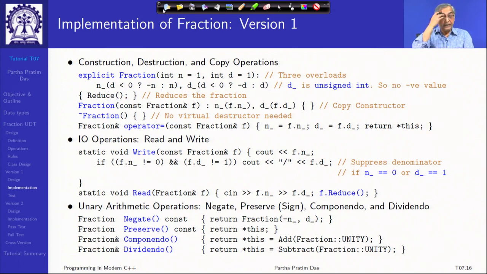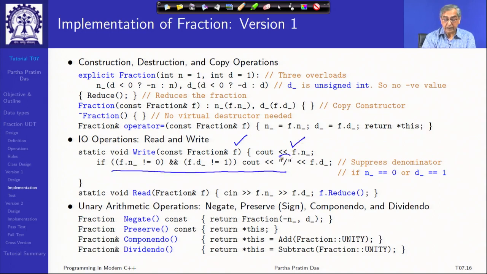There is nothing great in terms of the copy constructor, destructor or copy assignment operator, because there are no resources, they are routine. In terms of writing, you will write one component and then write a slash to write the second component, like 2 by 3, but putting some conditions that if the numerator is 0, then do not write it as 0 by 1 or 0 by 5, it is better to write it as 0, or if the denominator is 1, then it is a whole number. So, it is better to write just the whole number. So,